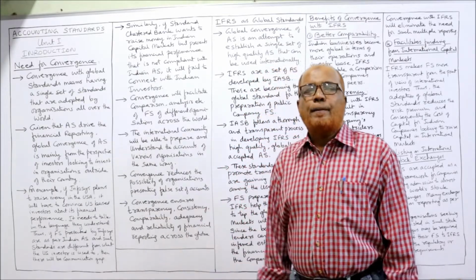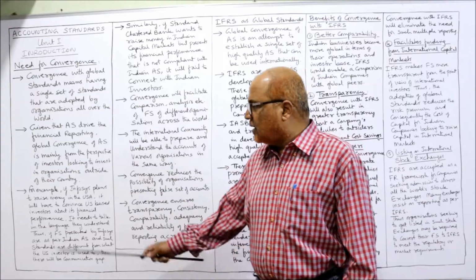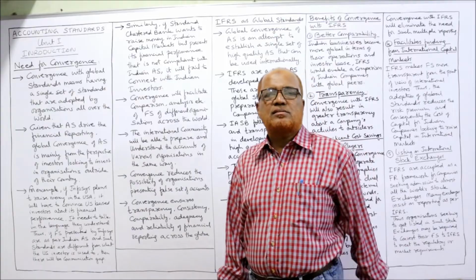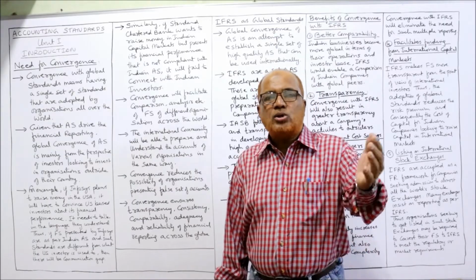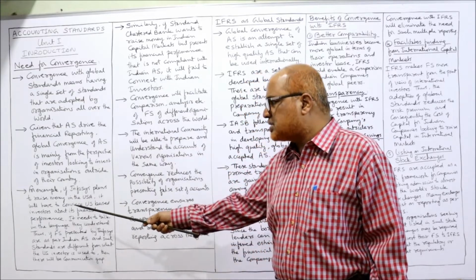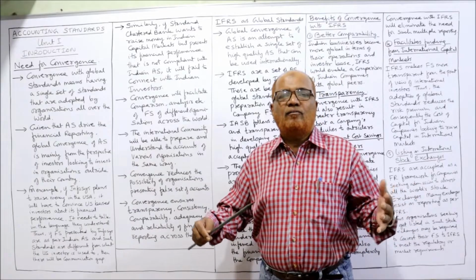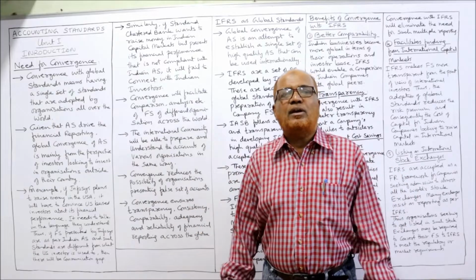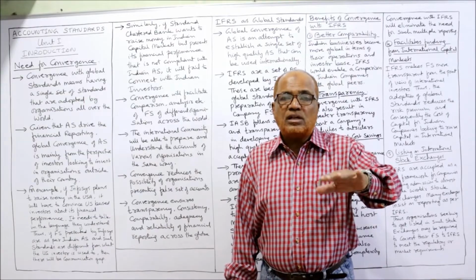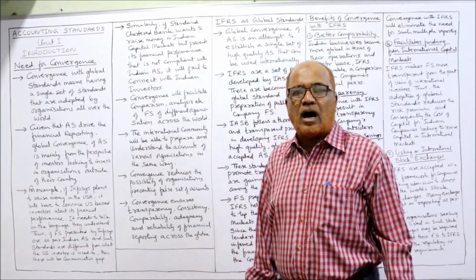For example, to show why this convergence is required, two examples are given so that you can understand. If Infosys plans to raise money in the USA, Infosys is an Indian company. This company wants to raise money from the USA. It will have to convince USA-based investors about its financial performance. Without explaining the performance of the company, we cannot convince the investors in the USA. So how will Infosys convince the investors in the USA to come and invest money in the company?